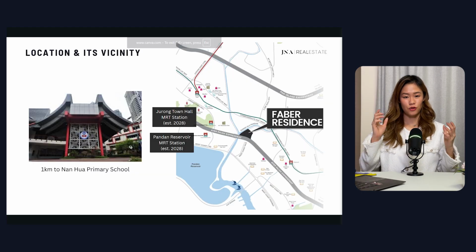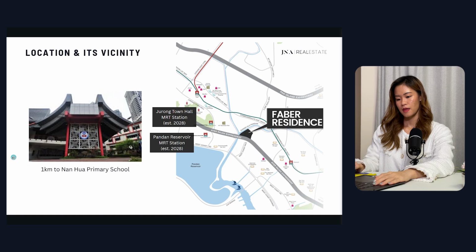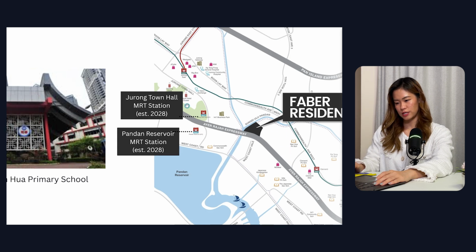In terms of locality as well as vicinity, Faber Residence is over here, and it's within 1 km to Nanhua Primary School. Nanhua Primary School is over here in the Commonwealth Avenue West Road area. The other thing I want to take note of is that Faber Residence is a stone's throw away from